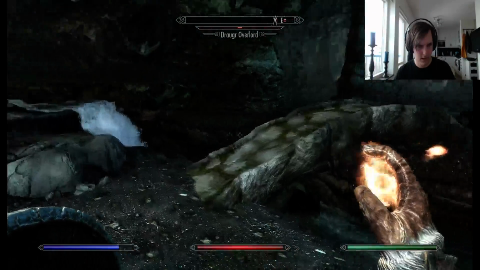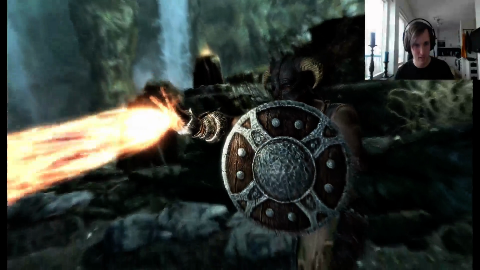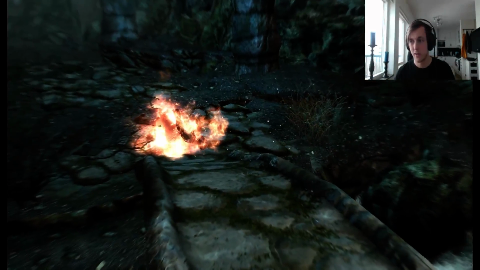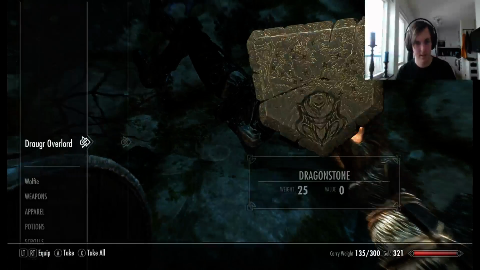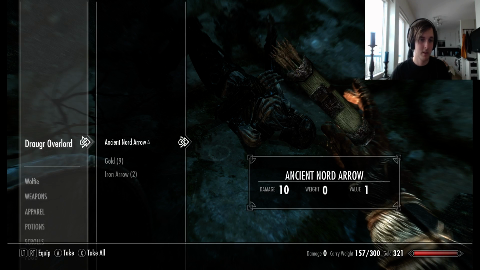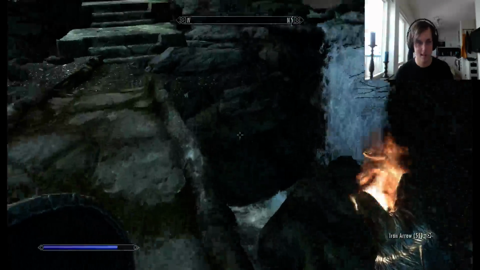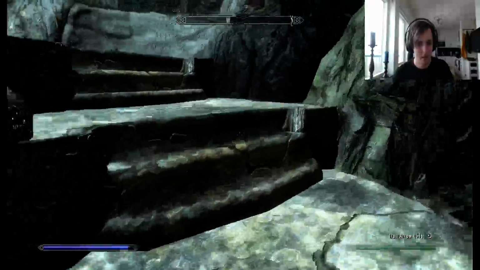Okay, so he should die quite soon. Fus Ro Dah is like the first shout. It's the basic shout that everyone knows, basically. So this guy is like the boss of this. This is the guy they've been guarding. So here's a dragonstone. I don't know. We're gonna take his weapon there because it's probably worth a lot of money since it's enchanted. And then I'm gonna show you the...